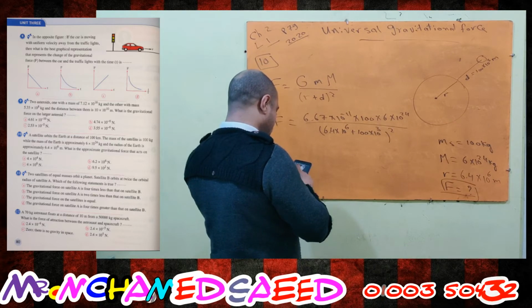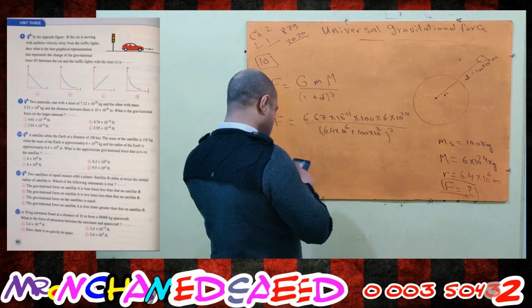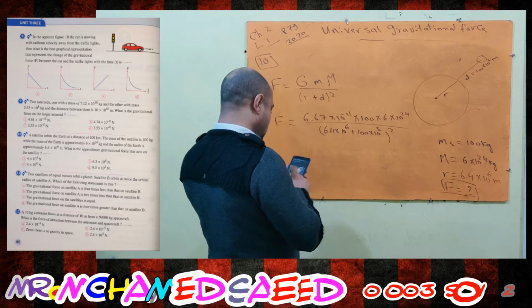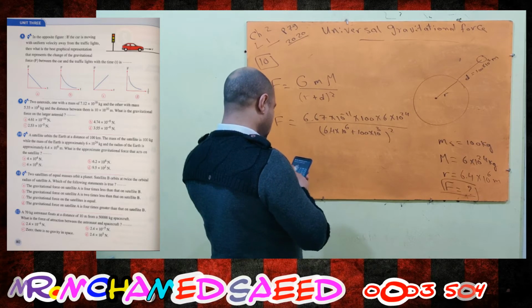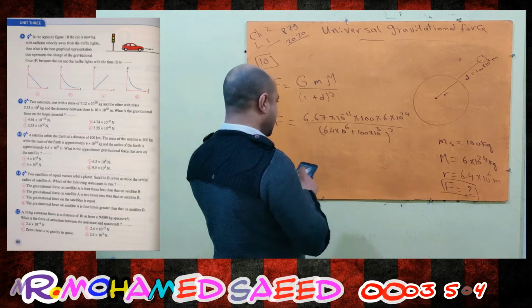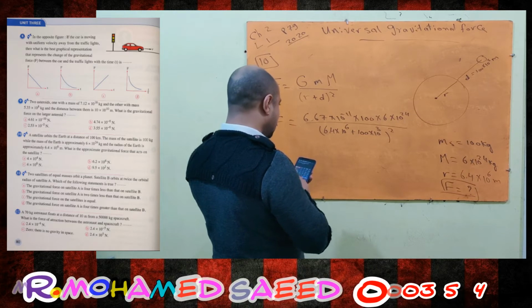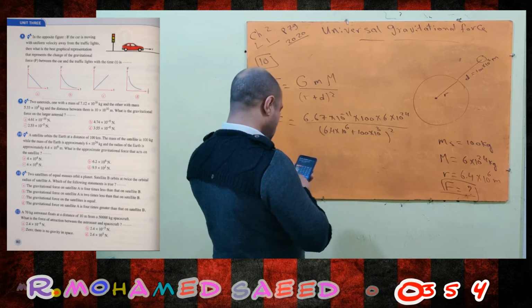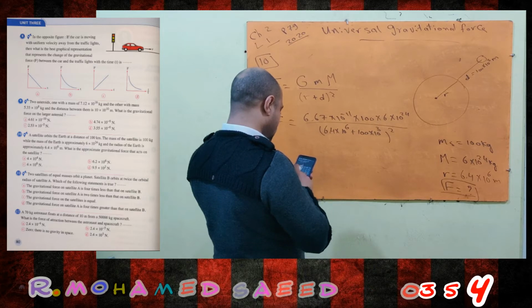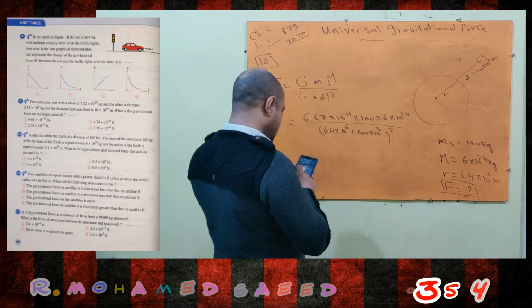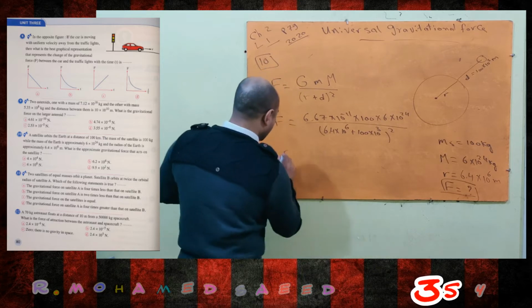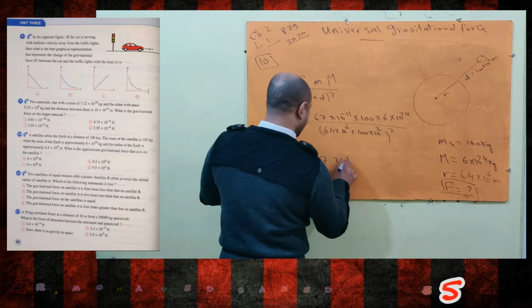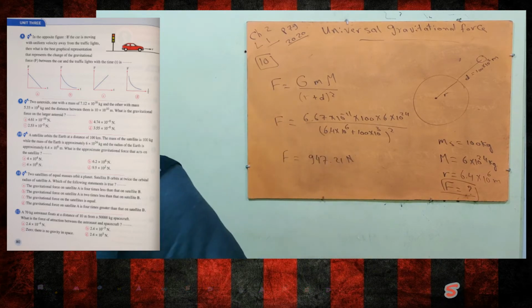6.67 times 10 to the power negative 11 times 100 times 6 times 10 to the power 24 over bracket 6.4 times 10 to the power 6 plus 10 to the power 5, all to the power 2. The attraction force between them is 947.21 Newton. Okay, the true answer